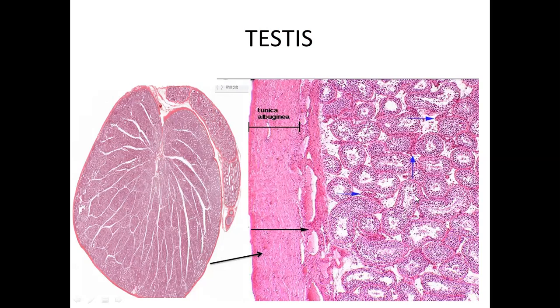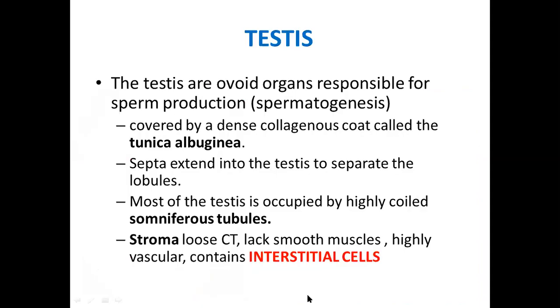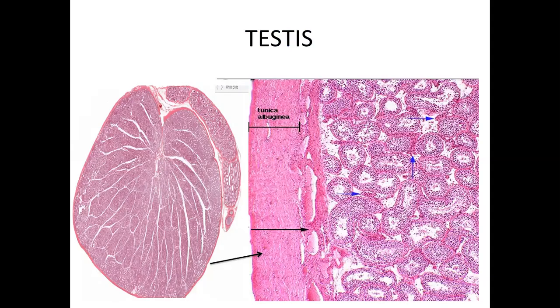And between tubules, this is the component where we were discussing the stroma in the last slide, where the cursor is moving. This is the component within the lobule between the seminiferous tubule cross sections where stroma is present. It is loose connective tissue without smooth muscles, but importantly it has clusters of cells in it, indicated by all three blue arrows here, which are interstitial cells, appearing more eosinophilic. We will discuss these cells in detail in upcoming slides. But just looking at this medium magnified image, they are quite easily distinguished from the seminiferous tubule because of their staining and their clusters.